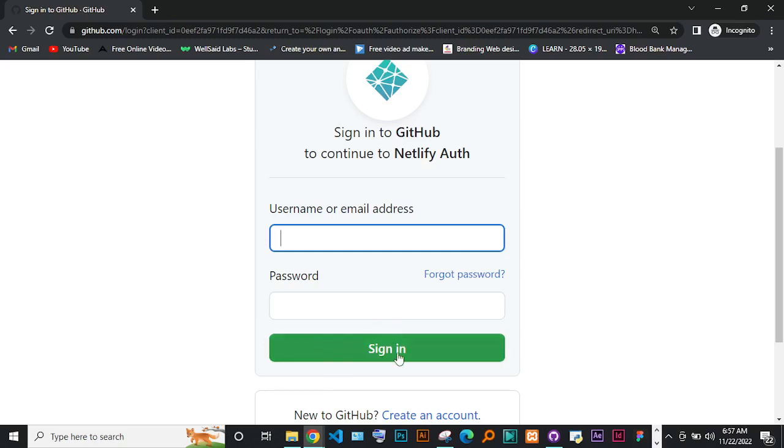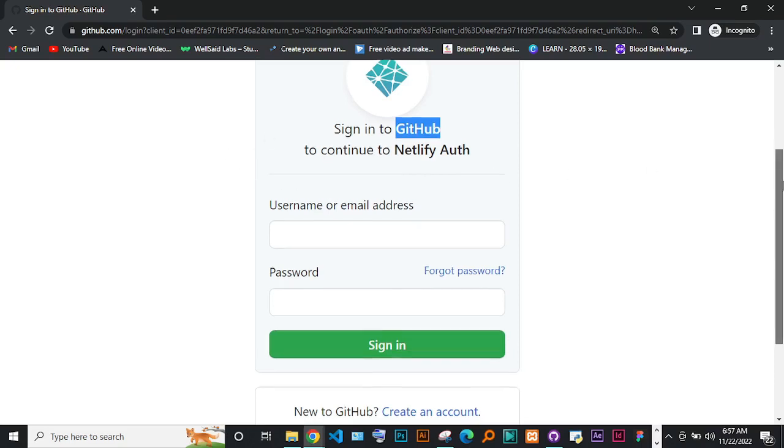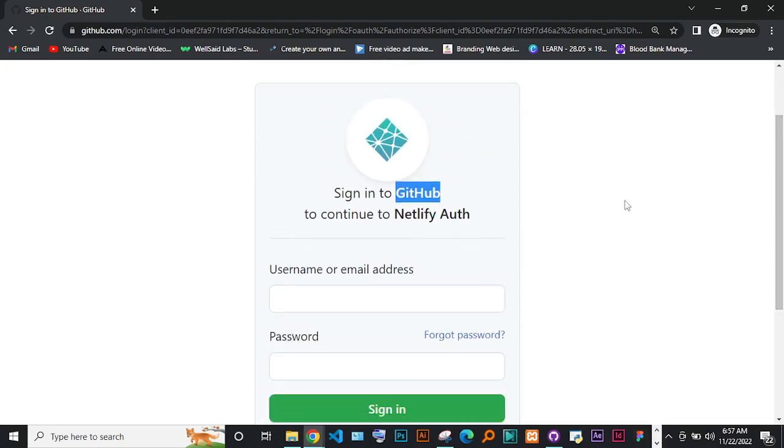Okay, so when you click on those credentials, username and password, and then you click on sign in, they will bring up authorize Netlify. So click on authorize Netlify. They will direct you back to Netlify, and then answer some questions like is this a personal project? Whatever you feel, it is not most important, answer those questions they will ask you on the Netlify page until you reach a process where they say